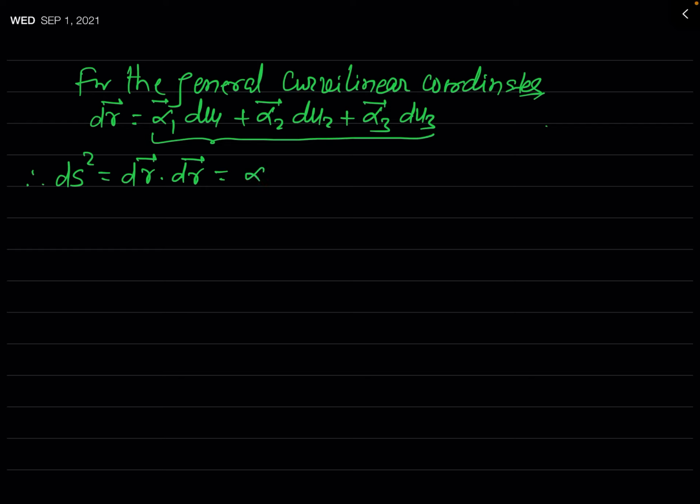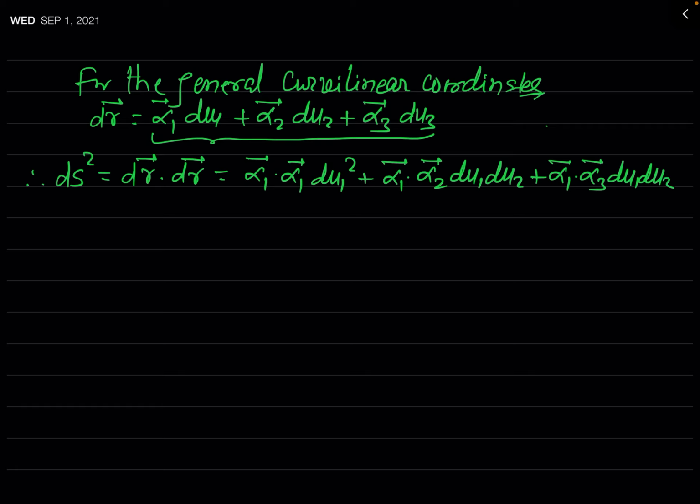This will be in fact alpha 1 dot alpha 1 du1 square plus alpha 1 dot alpha 2 du1 du2 plus alpha 1 dot alpha 3 du1 du3, and plus when you take the scalar product with alpha 2 du2 of all terms, then the result